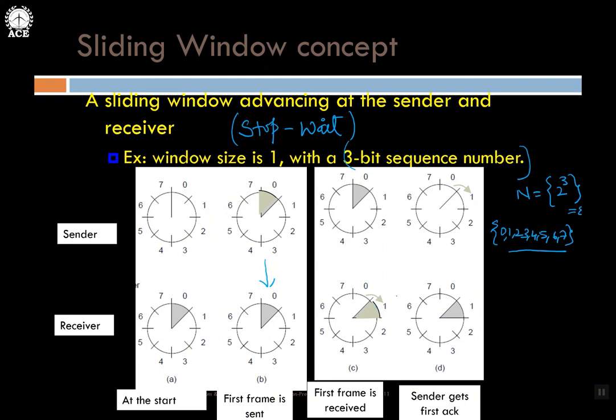Then it will send the acknowledgement. So once this acknowledgement comes, the sender says that okay, frame 0 has been successfully received by the receiver. So it will advance its window to 1, saying that I'm sliding it to 1. Next time if I get any frame, I will mark the sequence number as 1 and go ahead. So that's why stop and wait 1 bit means window size is 1. From 0 it will slide to 1, 1 to 2 next time, 2 to 3, and so on. Therefore, this is a 3-bit sequence number with a sliding window of size 1.